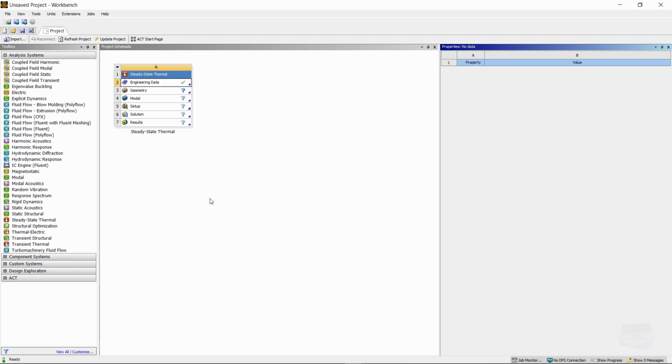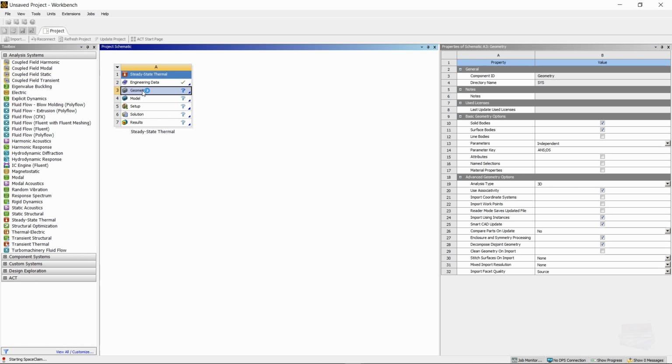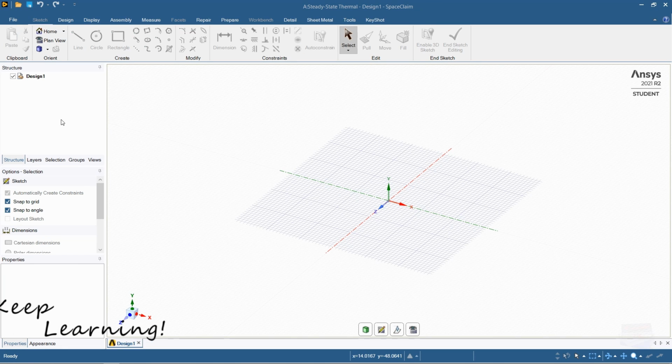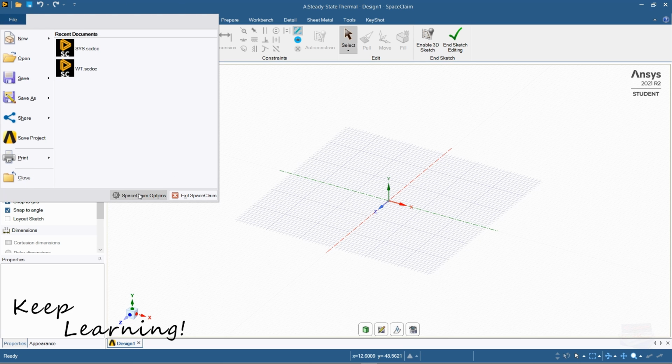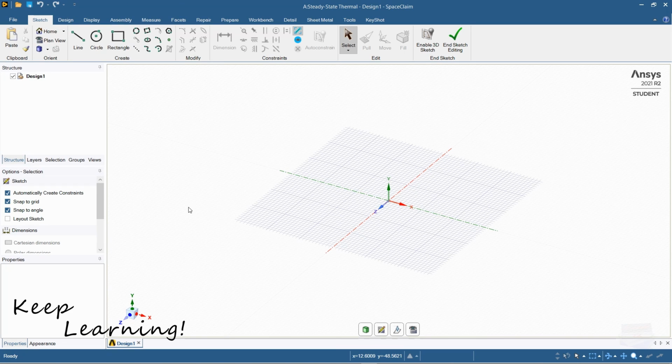and we need to create our geometry. So we can do that by double clicking on geometry here, and this will load SpaceClaim for us. Now that SpaceClaim is fully loaded and ready for us, let's go to File, let's go to SpaceClaim Options,